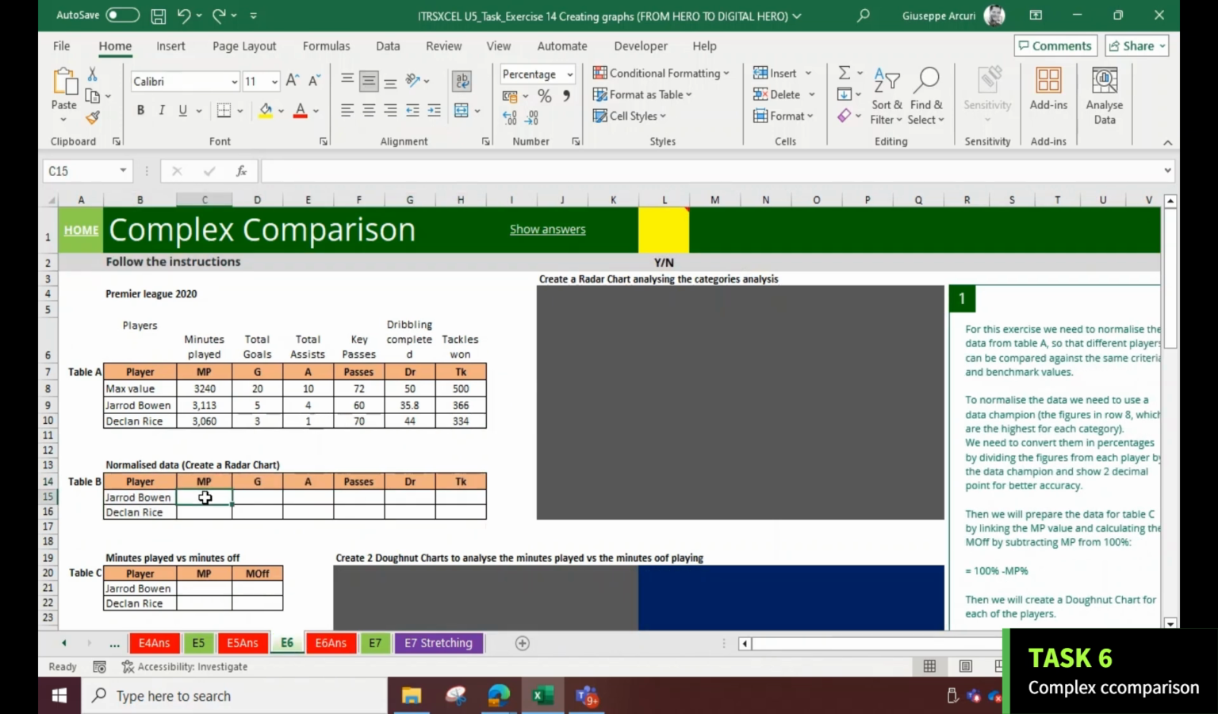Select C15 and type equal C9 divided by C8, then enter. Then the second player. Select C16 and type equal C10 divided by C8, then enter. Now we can apply the formula to the whole table by selecting C15 and C16 together and dragging the fill